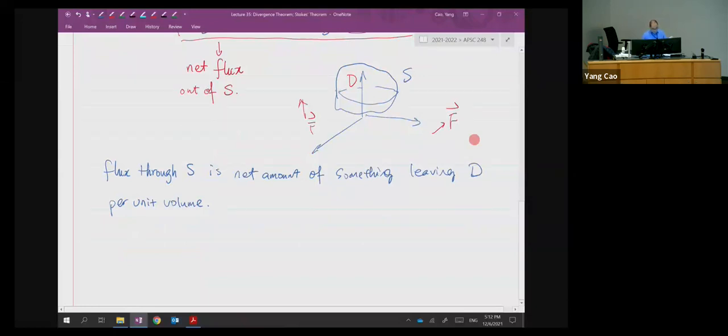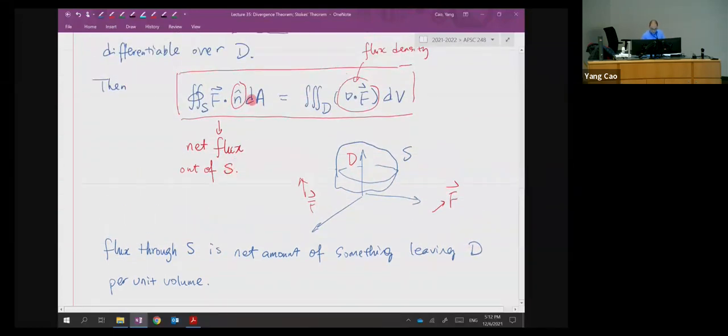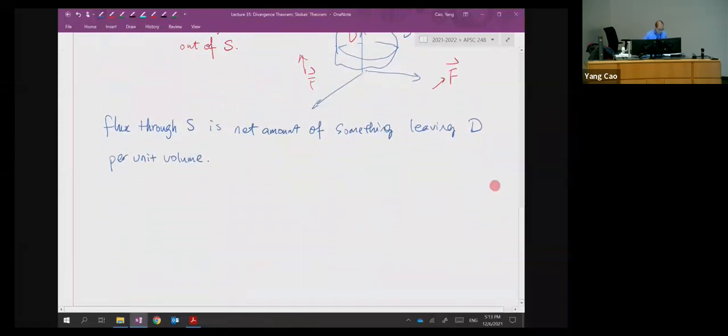So if somebody asks you the net flux out of the surface S, instead of calculating this surface integral, you could calculate this triple integral to give you exactly the same result. The application of the divergence theorem is often just like that. This side more often results in simpler or fewer computations. Let me show you an example. But before I show you the example,